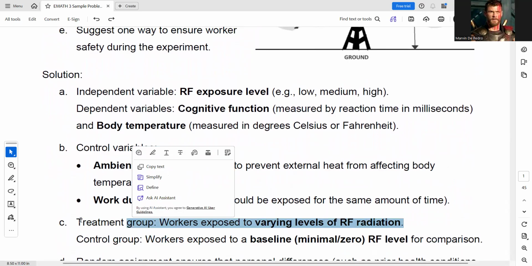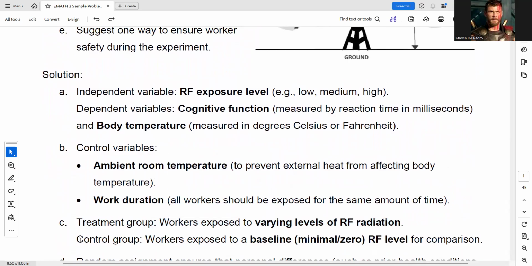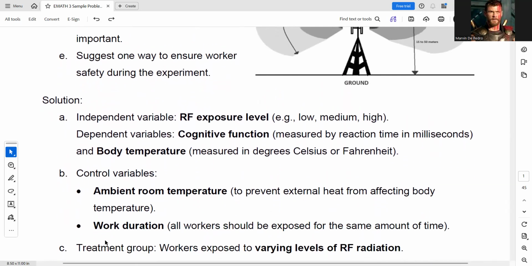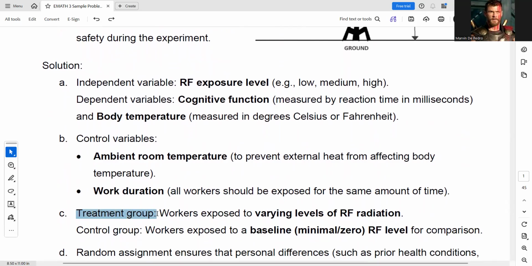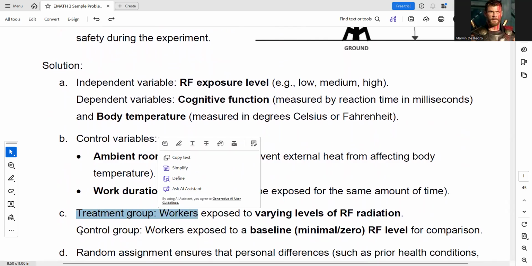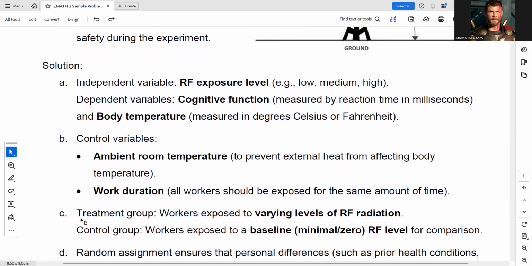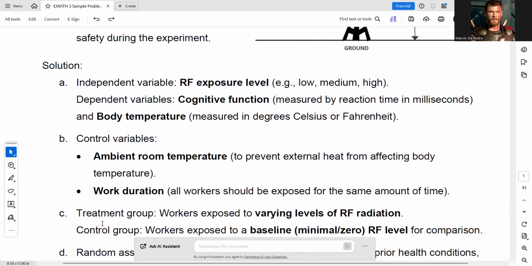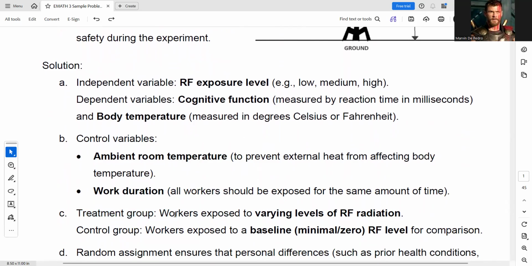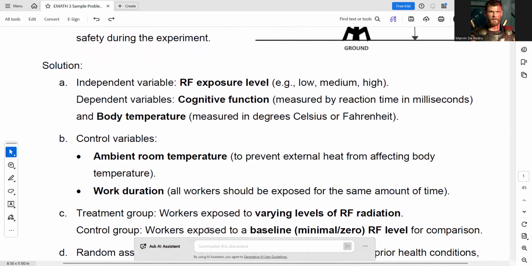By the way, it is us who assign which one is the treatment group and which one is the control group. We normally have random assignment. We don't intentionally select workers to belong to either of the groups. We just randomly assign them. We can shuffle their names or draw lots, whatever, as long as you don't intentionally choose a group for each worker. So we randomly assign them to these two groups. The treatment group could be the workers exposed to varying levels of radiation, while the control group will be exposed to the same level.